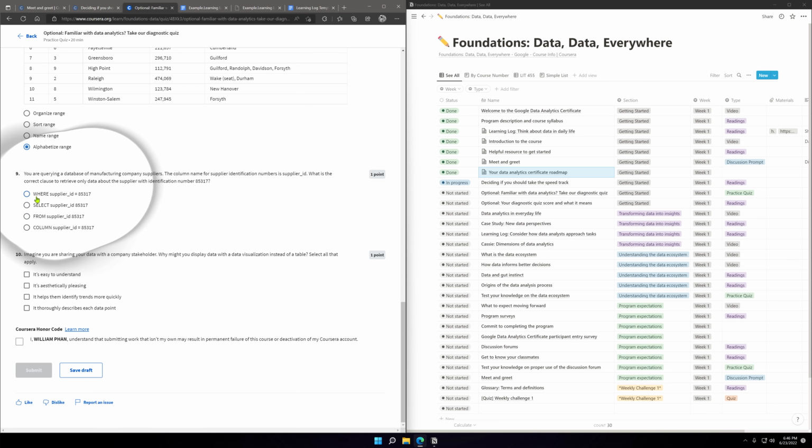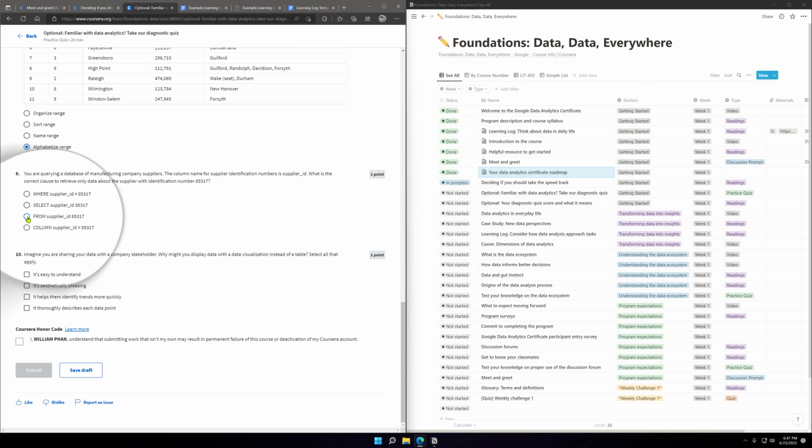Okay, so, I have no idea. I have a feeling it's either this one or this one, but I would not be surprised if it turns out to be where or column.